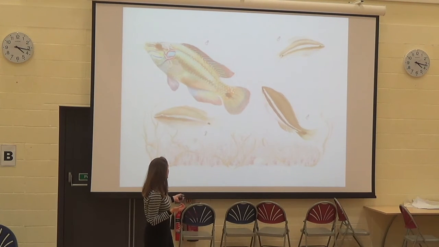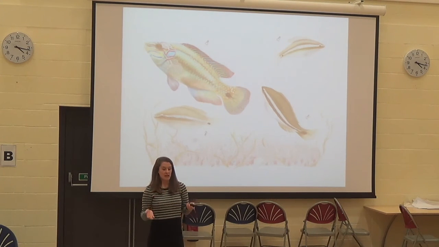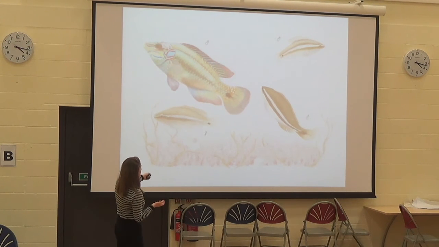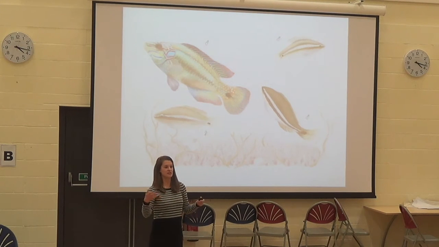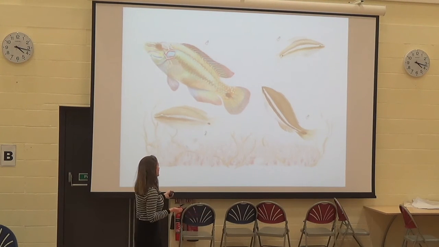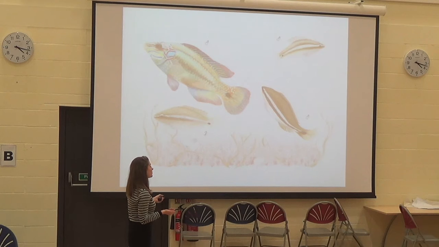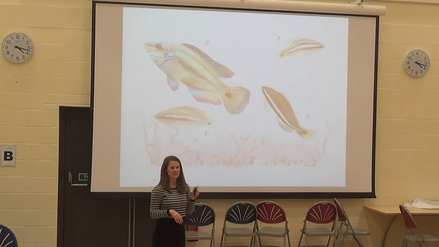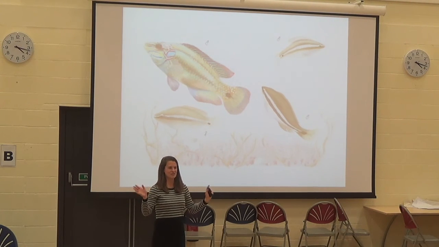colourful, more like a female than the nesting male. And this satellite male essentially hangs around with the nesting male, and sometimes when the female swims into the nest, the satellite male will also swim in and try and fertilise some of the eggs that she's depositing. But the nesting male is okay with that because females really like to mate with nesting males, but they really like to mate with nesting males that have loads of satellite males. It's almost like they have wingmen to essentially say, I'm a really good quality male.